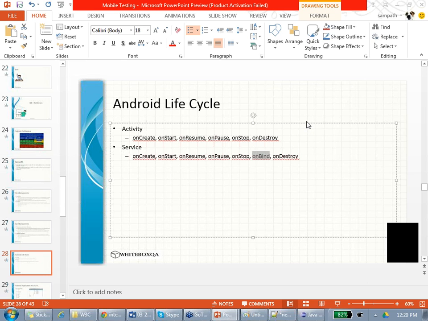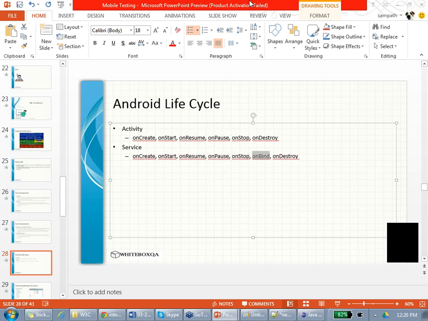I want you to learn Android. Do we need these codes to test? You don't need this code to test. You need to know what the life cycle methods are. You need to test the app at each life cycle: on start, on destroy, on stop, on pause. If you are really a white box tester, you can test everything in Java only.